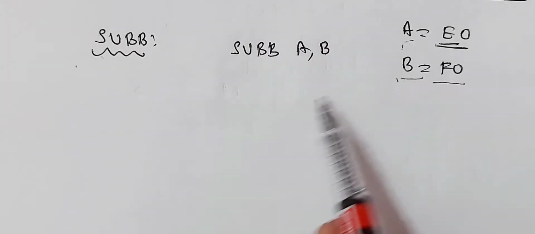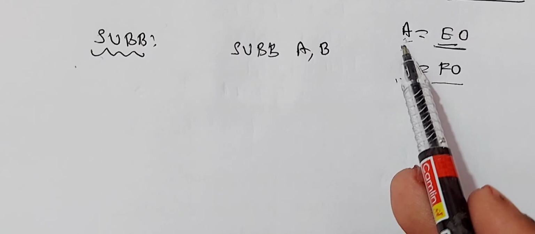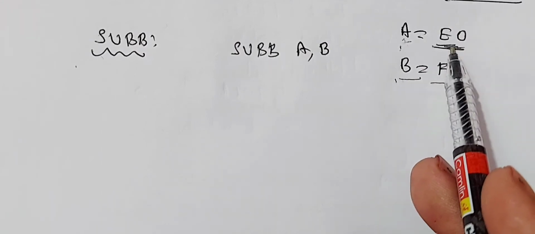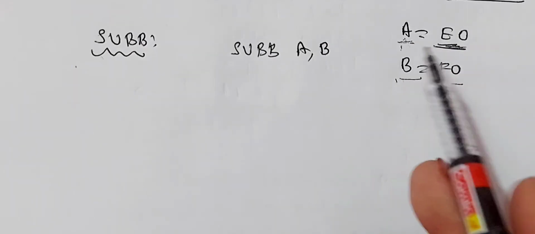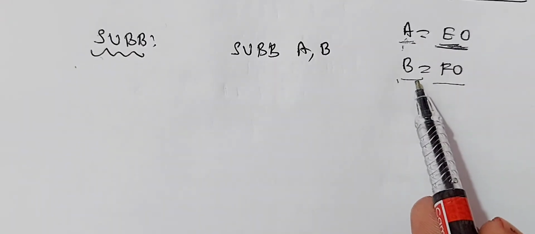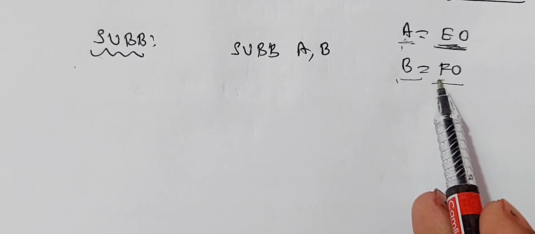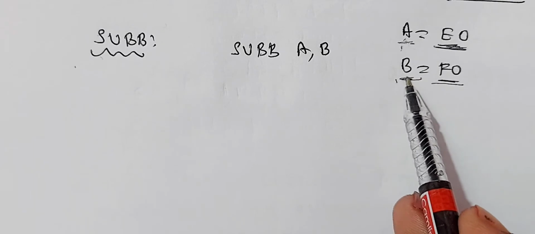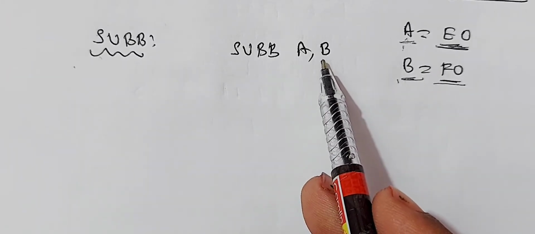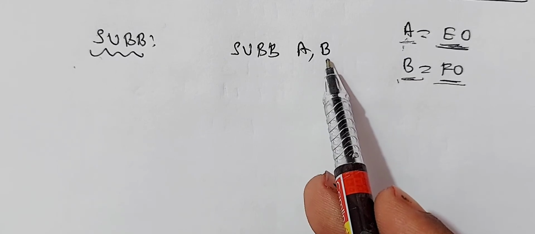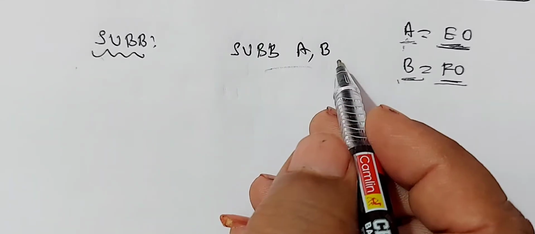So in the instructions, this A may be written as A itself, by the register name itself, or maybe by the address. Usually it is written by A itself, but while you write the B register, it is always represented by F0, not by B. But SUB A,B is okay. You cannot load the content to B. You have to load the content to address of B only. Example, SUB A comma B.